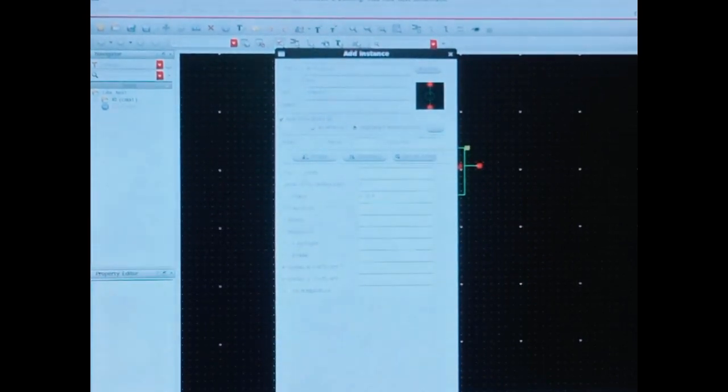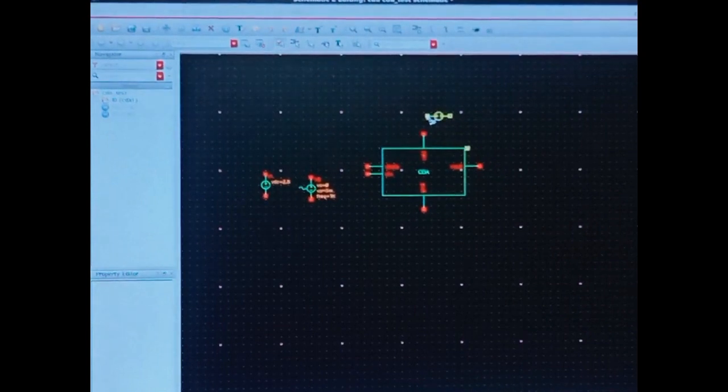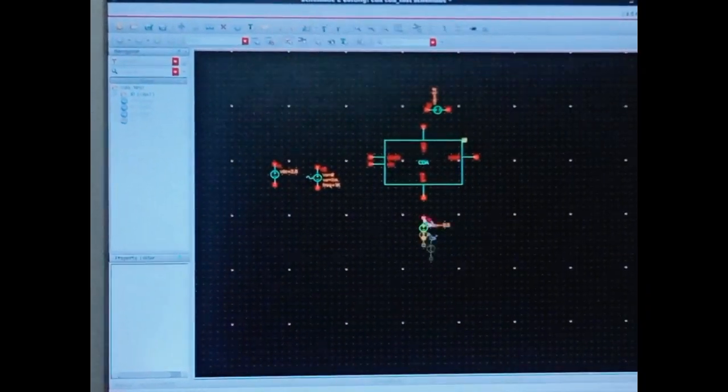Similarly, go to the same library and select the VDC component. For Vbias, you have to give plus 2.5 volts. VDD plus 2.5 volts. Ground minus 2.5 volts.